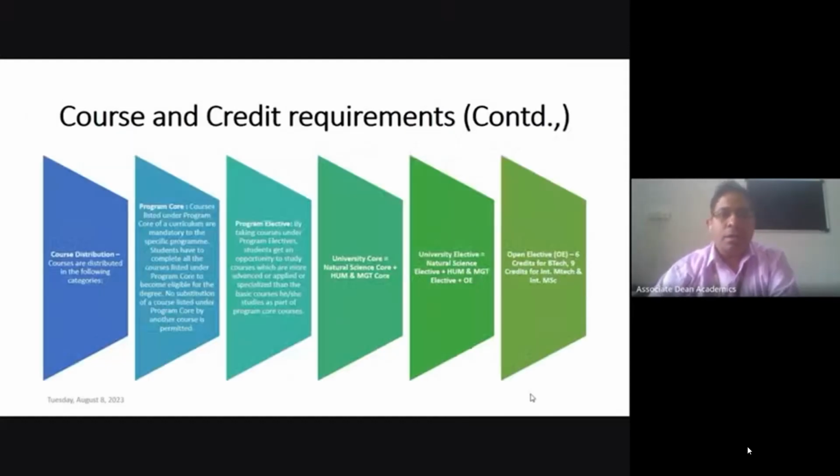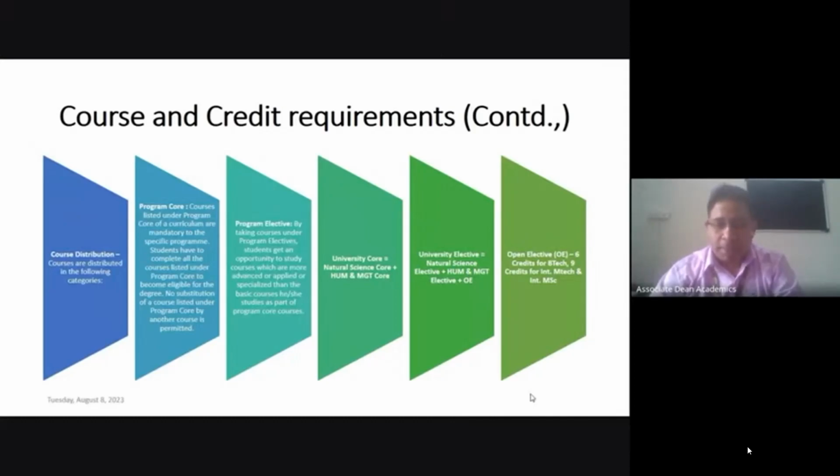Okay, and if you understand the same point in more detail, as I discussed, courses are distributed among various categories: program core category, program elective category, university core category, and university elective category, and then obviously open elective category. So program core consists of the list of courses which are specifically designed for your program only. Obviously the program core list will vary from program to program.